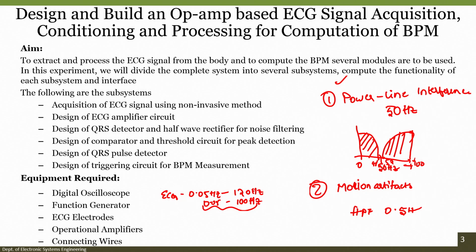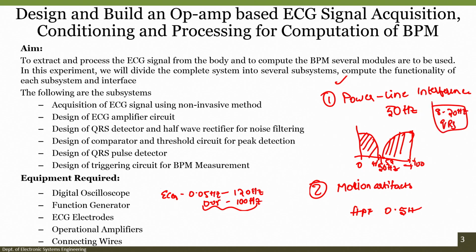BPM, meaning beats per minute, is generally calculated by counting how many QRS peaks we are getting with respect to a particular interval of time. If I calculate in terms of minutes, I will get how many peaks we are receiving in a minute, which is the BPM, our heartbeat rate. So, if I know the general frequency of our QRS, it will be somewhere around a maximum of 20 hertz. So, somewhere around 8 to 20 hertz is the maximum frequency of our QRS peak.